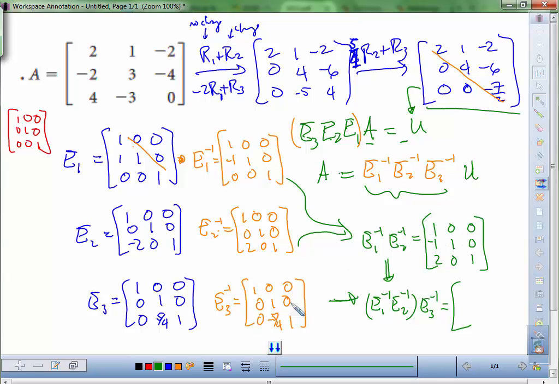So first row, first column is 1. First row, second column is 0, and etc. The second row, first column is -1. And why don't I just fill in the rest? All right, the third row, first column is 2. The third row, second column is -5/4. And the third row, third column is 1. So,